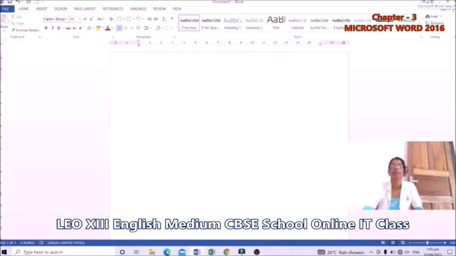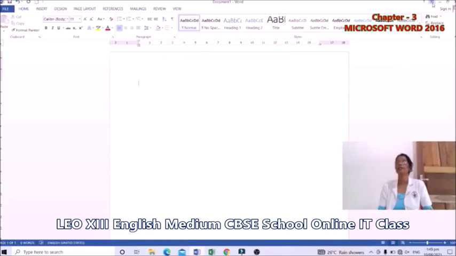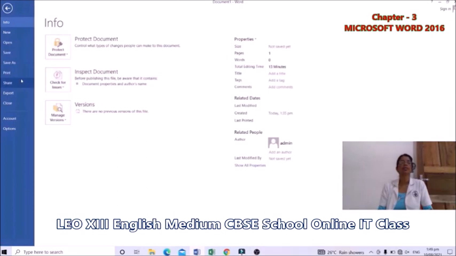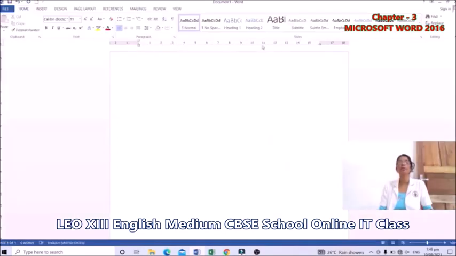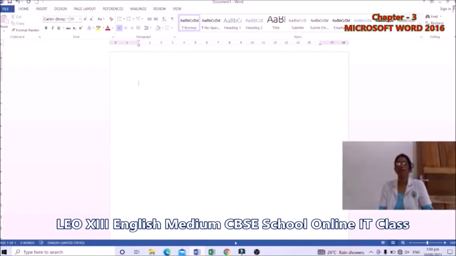Okay. The next is sign in button. This is sign in button. Okay. And this is hide ribbon. And this is share button. This is ruler bar. This is workspace. This is status bar.